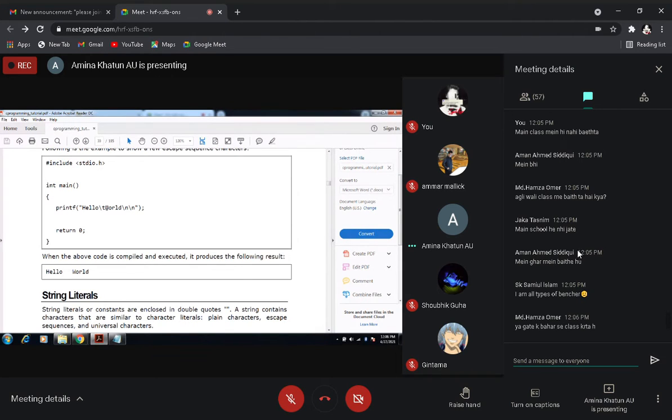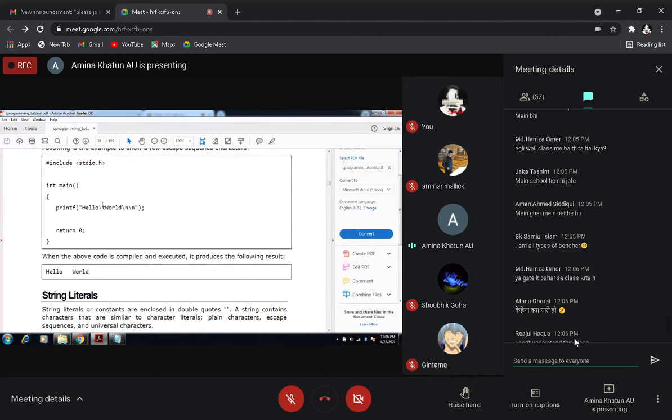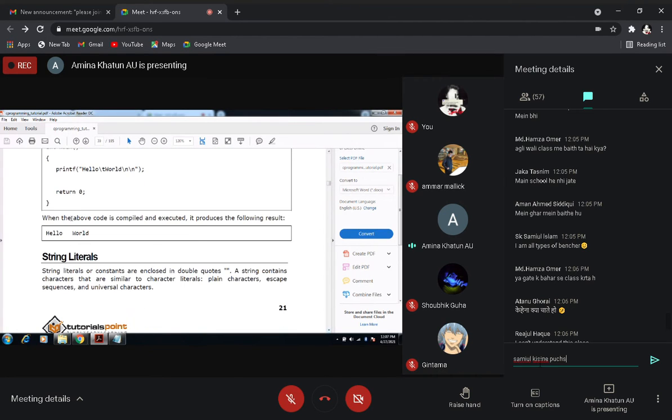That means it is used for a tab, horizontal tab. Next, that word we have taken, and we have taken double \n. That means two new lines we have taken. Okay. So when you execute this, you will get these things. This is one tab space and the hello world message.